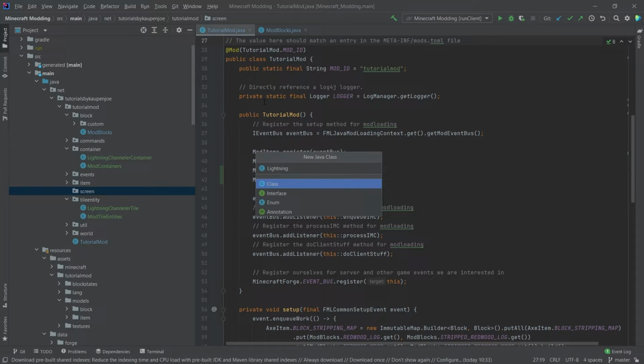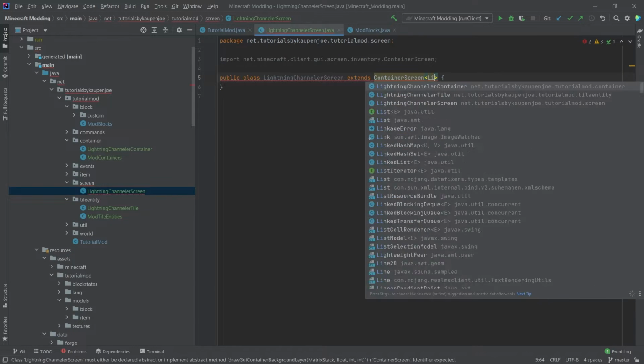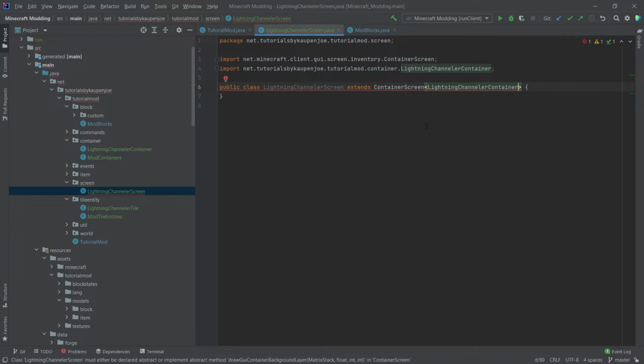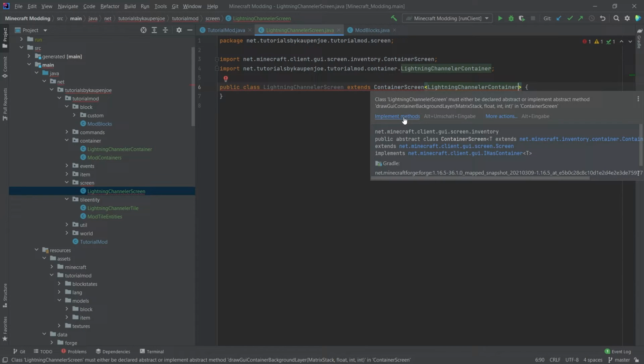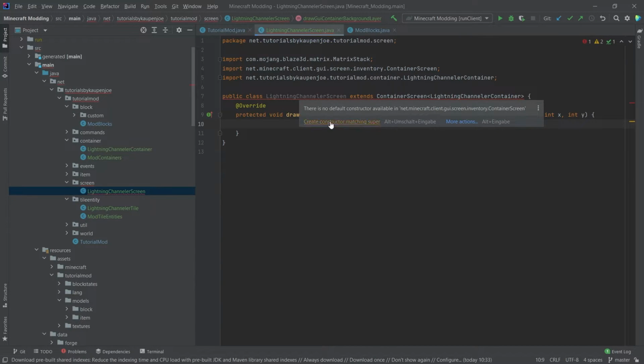A new class in there, LightningChannelerScreen. This will be very interesting. This will extend ContainerScreen of type LightningChannelerContainer. I know, it's absolutely crazy. We're going to hover over it and implement methods. We only need to implement the drawGuiContainerBackgroundLayer method, and then we'll hover over again and create